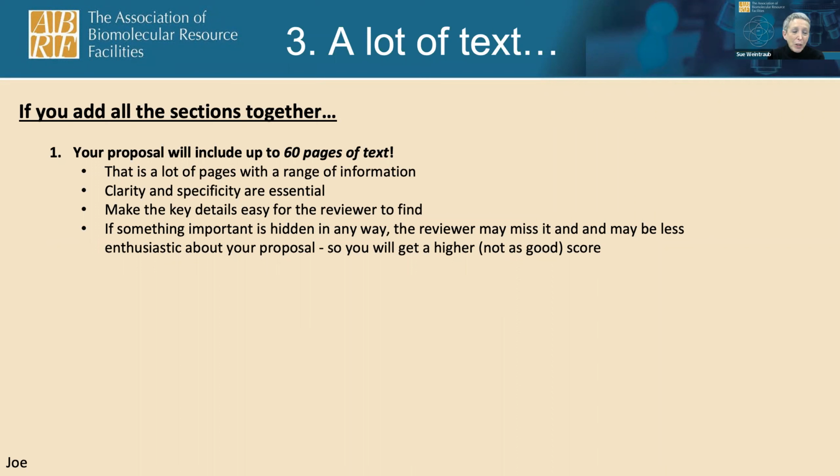I like to have the references for the projects with the individual projects, so someone doesn't have to go looking for them. No, I agree. It's a lot of text, and just because you have 60 pages of space, you don't have to fill 60 pages if you don't need it. So make sure you're being efficient and judicious with your verbiage. I always have a pseudo table of contents at the beginning. We don't have page numbers anymore, but at least list the sections by headers and what is under there, because it's exactly what it says here. If something is hidden and the reviewer can miss it, that's a real problem.